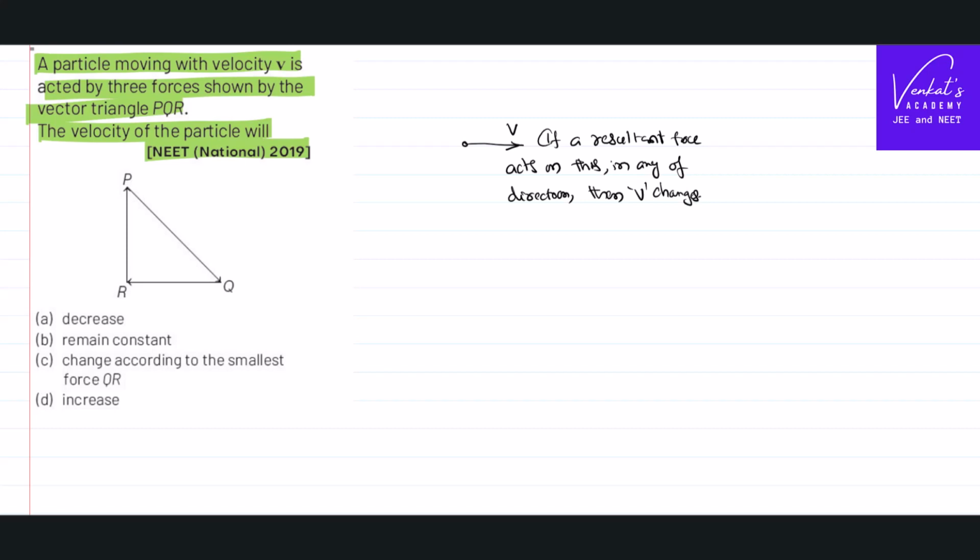If you notice these three forces a little carefully, one force is acting like this, another force is acting in continuation to that, another force is also acting in continuation to that. These three forces are acting on a point and they are able to be arranged as a triangle. Then what we can say is, as per the triangle law of vectors, if three vectors are acting on a point and they are able to be arranged as a triangle of three sides taken in order,